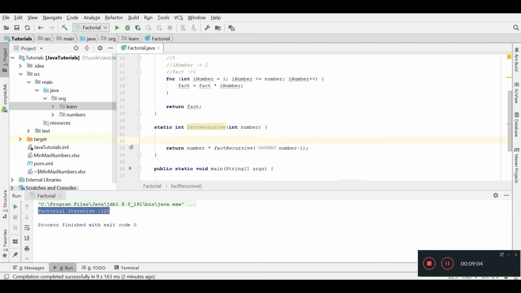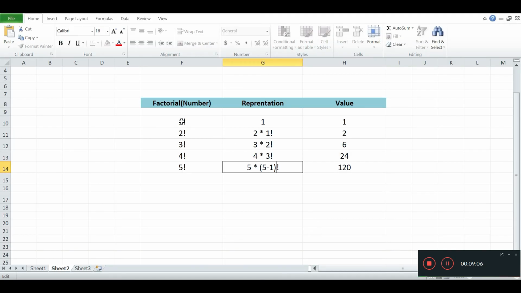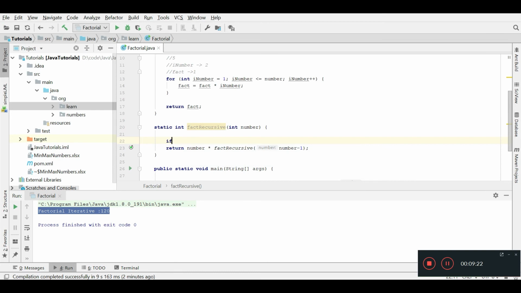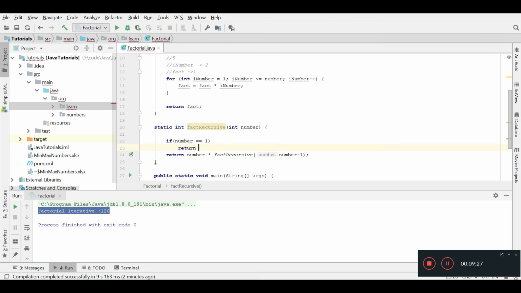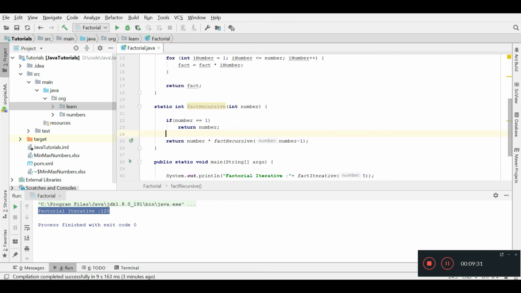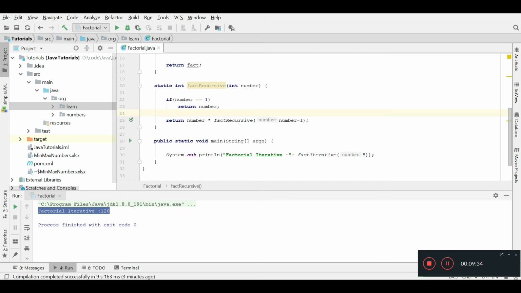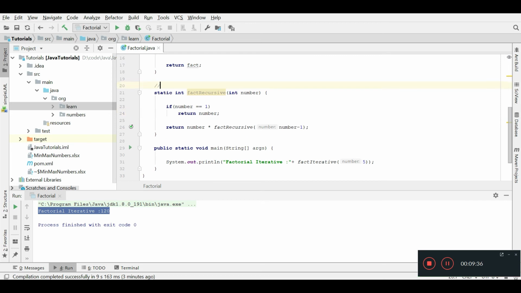One thing we have also discussed is that factorial of 1 is always 1. So when 1 is reached, we have to return 1. That's when our factorial will finish. If it is 10, we go 9, 8, 7, 6, so till 1 we have to do it. So that base condition, if we write it: if number is equal to 1, simply return the number. Finish.